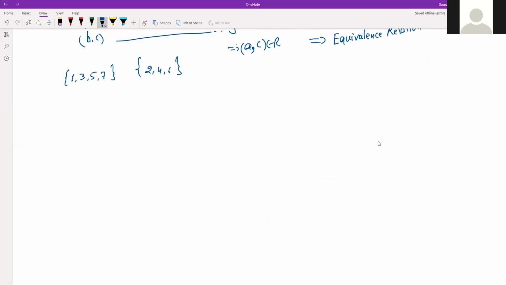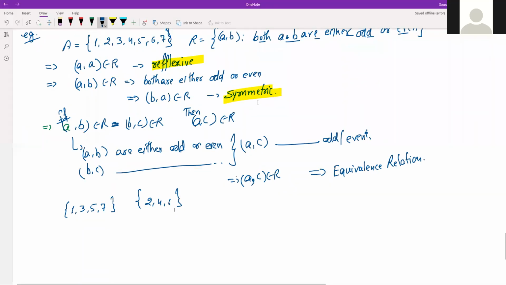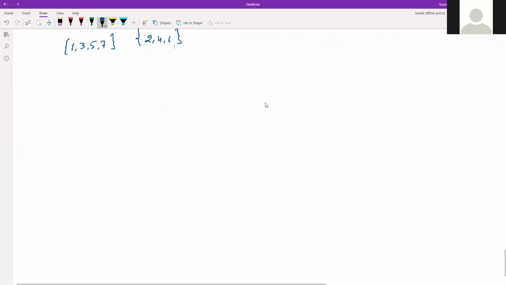Now we have to show that the elements of the first subset are related to each other, and all elements of the second subset are related to each other, but no element of the first subset is related to any element of the second subset. So our relation is this, that both are even or both are odd. Here, because this is of odd numbers, if you take any 2, both will always be odd numbers. So that means this satisfies its condition,